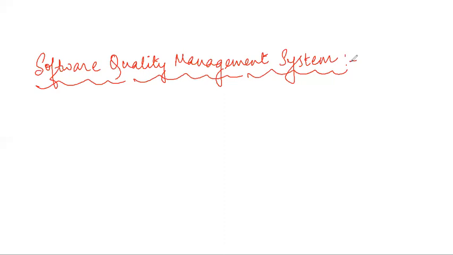So each and every member needs to be very serious about the quality they will be delivering to the client. And as a whole, the organization needs to see whether the quality of the software is right or not. Fine. So different quality system activities are there. What are these activities that are maintained in this quality management system? First, auditing of projects is done.